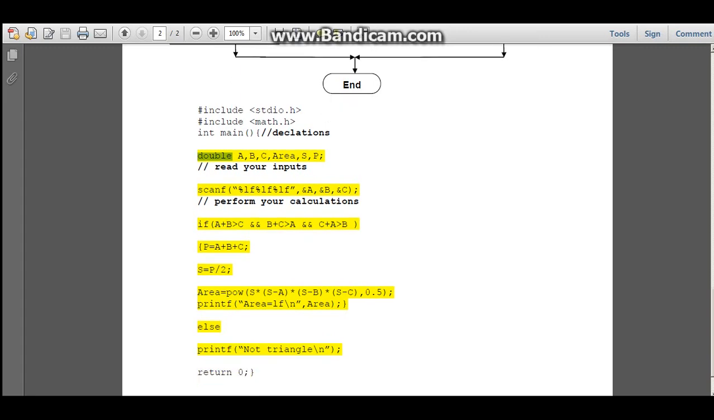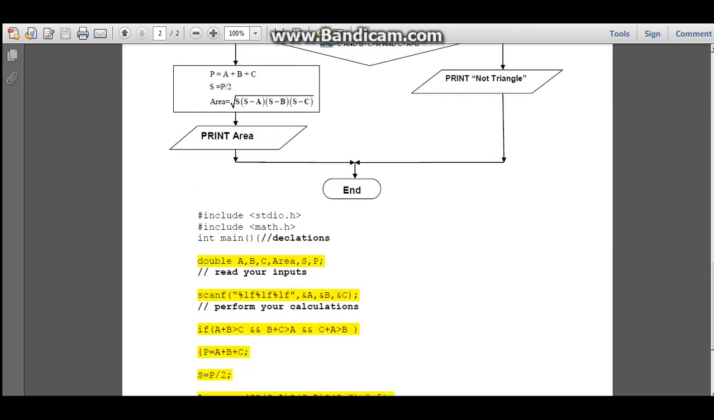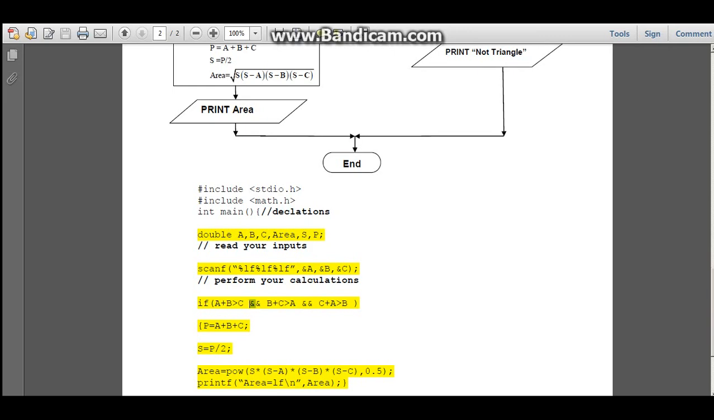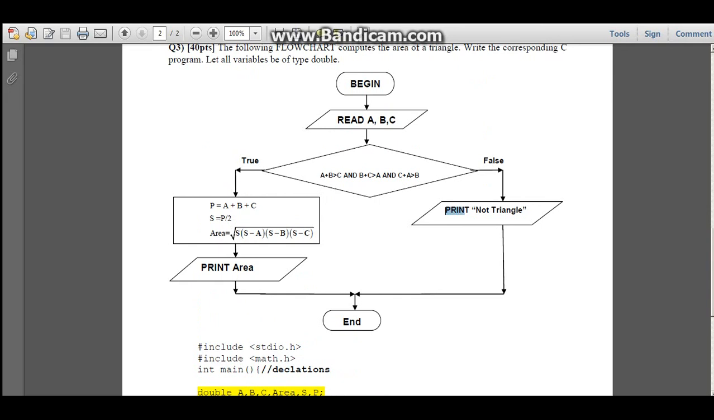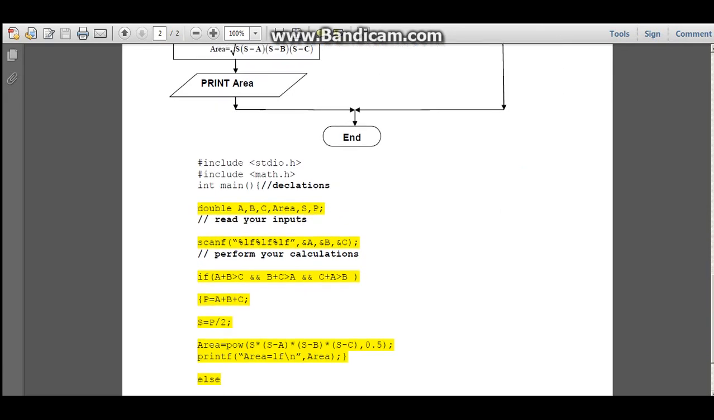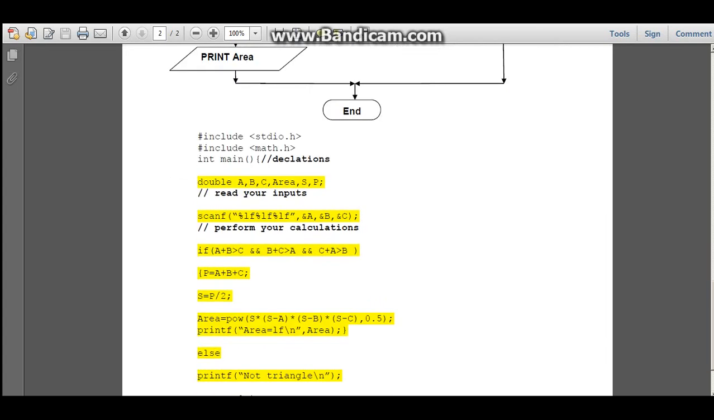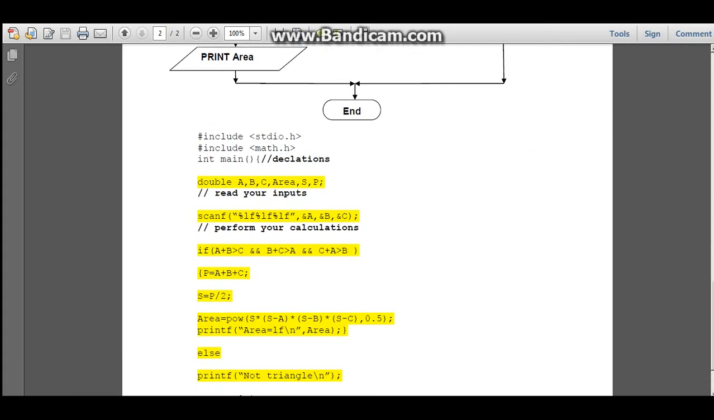All right, so now we just write if this one, if a plus b is greater than c, and this one, and means suppose all of them are correct. If all of them are correct, then we need to go to this one. If not, it just prints not a triangle. So here, if it's correct, then we move to this area, which is this one. Else we just write not triangle